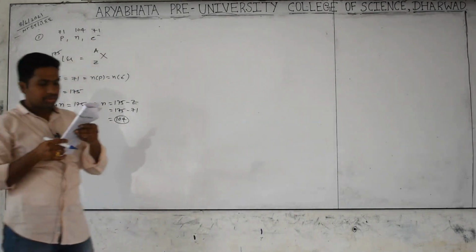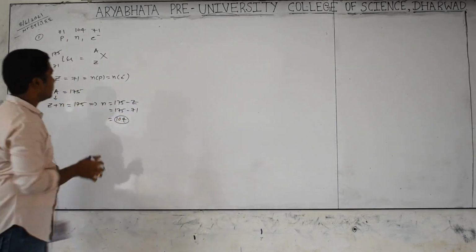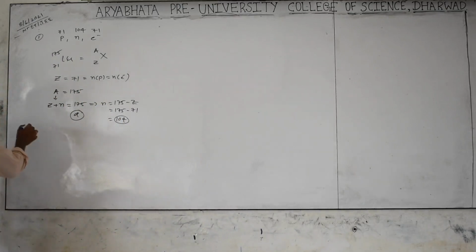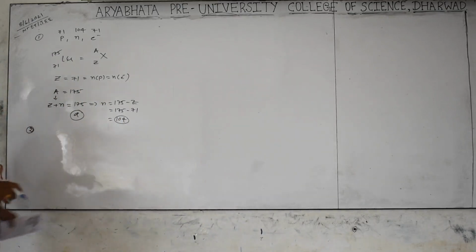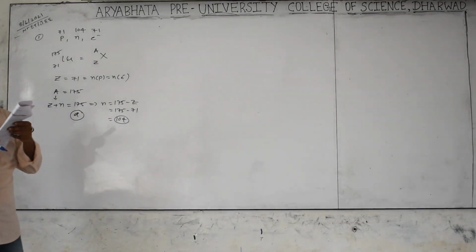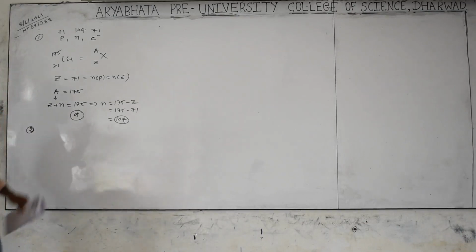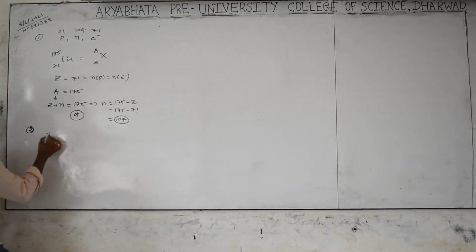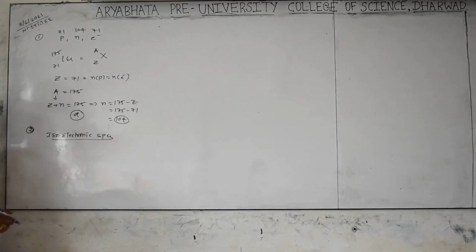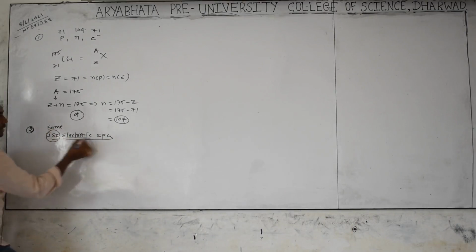So what is the option? 71, 104, 71. Option A. Are you getting it or not? Yes. Now we can go to the second question. Very simple. Be2+ is isoelectronic with which of the following? First, see what the meaning of isoelectronic species is. In this name only, the answer is there. Iso means the same number of electrons.